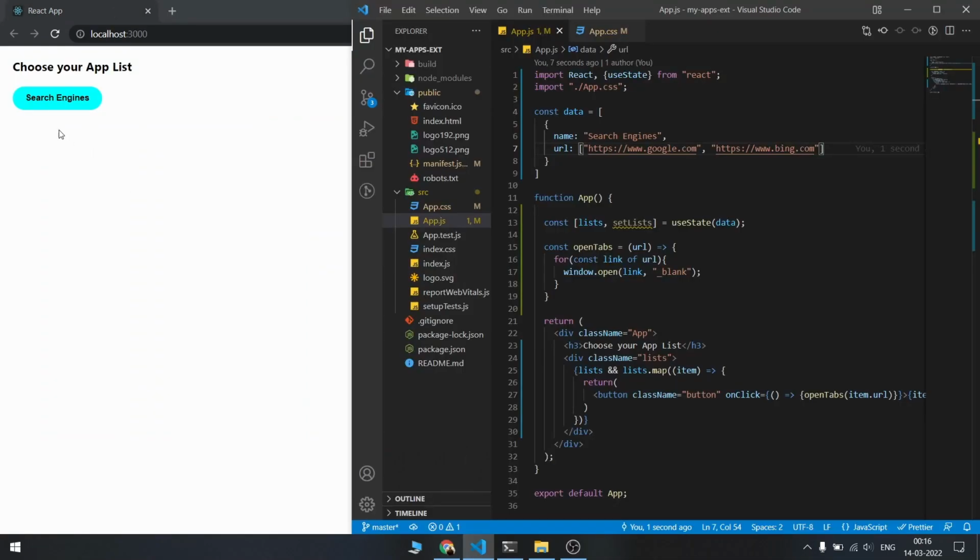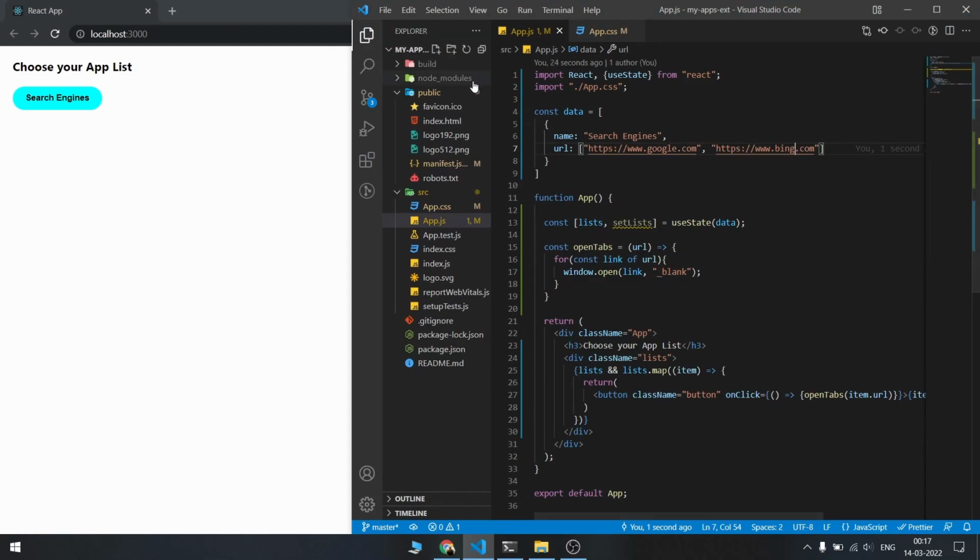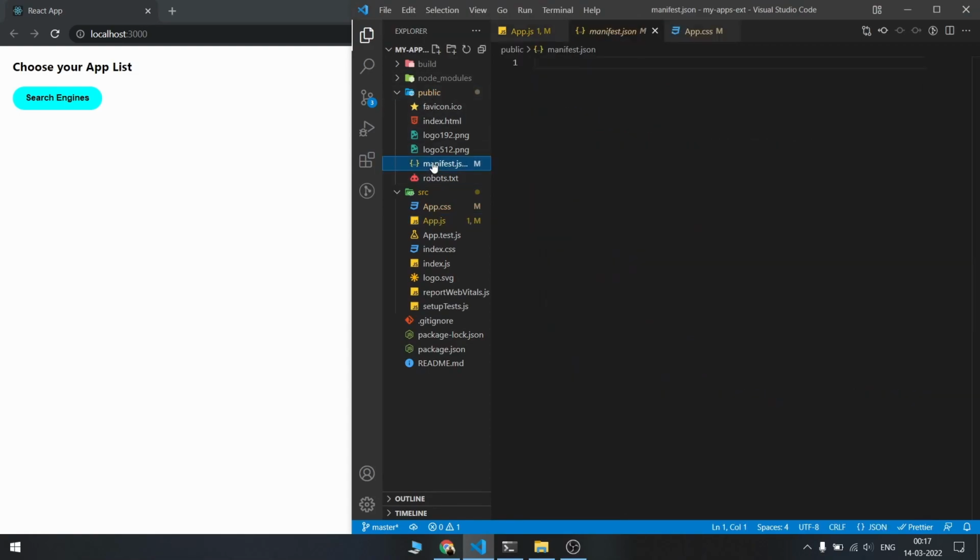Now that we have our basic extension ready, what we're going to do is, instead of opening this in a normal web page, we will try to open this in our extension. So first of all, if you go in the public folder, there is a file called manifest.json. Before exporting the extension, we need to fill in some data here. So just remove all the default code there is and